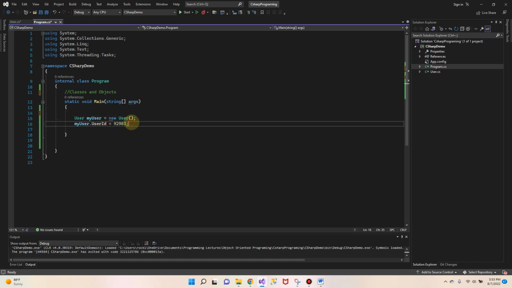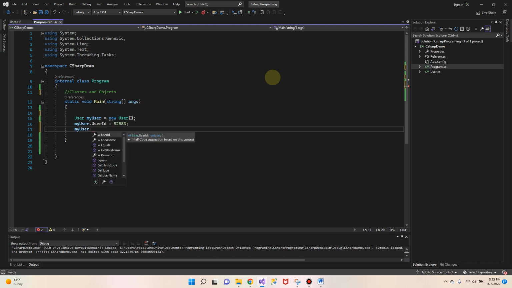When we create this object of this class, you're basically assigning a value to that object. So you're saying the user ID is equal to 92983. So what is the password? My user dot username is